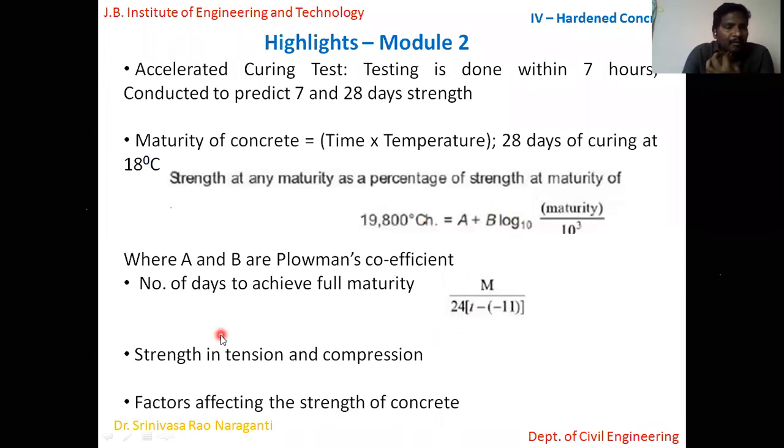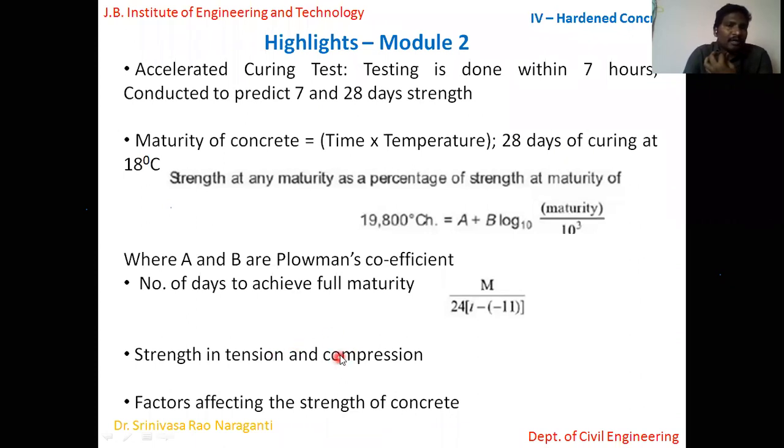Now again, very briefly, we talked about the relation between tension and compression strength of concrete. I said both are interrelated. So if you know the compressive strength of concrete, we'll be in a position to find out the tensile strength of concrete. There are equations available that we'll be discussing in the upcoming modules. But for now, one of the important parameters is the compression test. It is a very basic test that we do on the concrete. And once we know the value of the compression test, we'll be in a position to find out the tensile strength of the concrete. And moreover, both are interdependent.